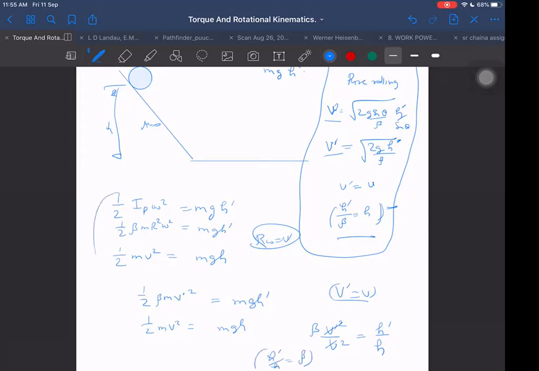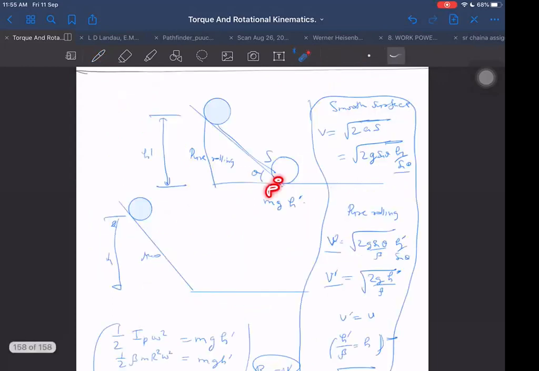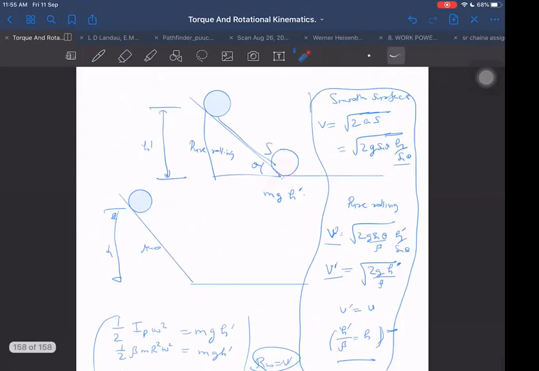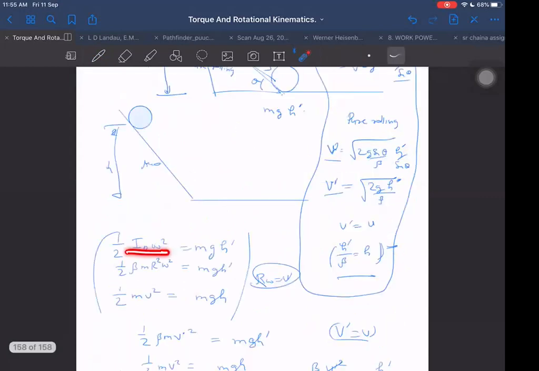And conservation of energy is very basic. Now, if you don't even remember that, see what things you need to remember to be able to do this. You need to remember that formula for kinetic energy, net kinetic energy. If it is pure rolling, then net kinetic energy I can get only by getting rotational kinetic energy about the P point, the bottom point. That will also be net kinetic energy.